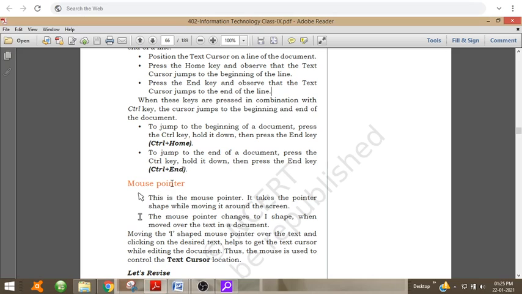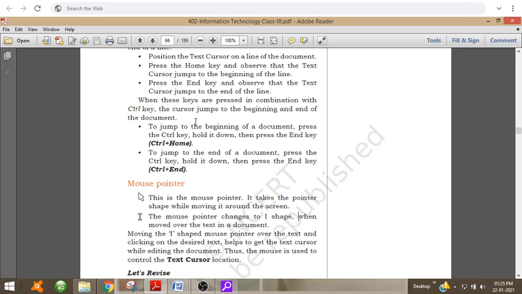Now mouse pointer. You know the mouse pointer looks in different forms. So one type of mouse pointer is this. So this is the mouse pointer. It takes the pointer shape while moving it around the screen.